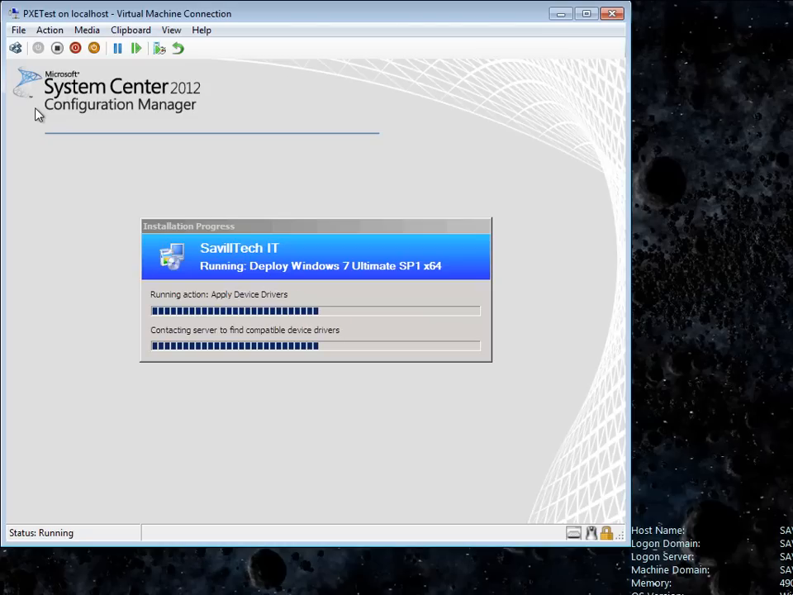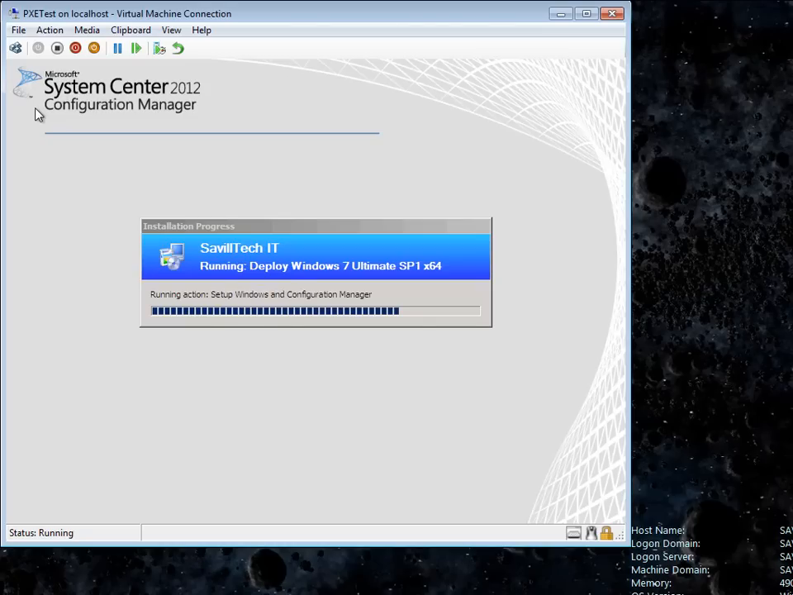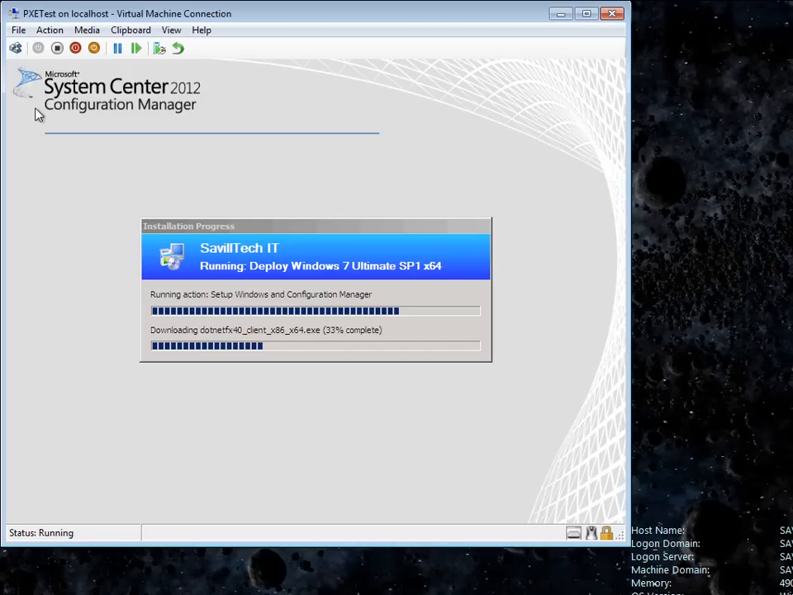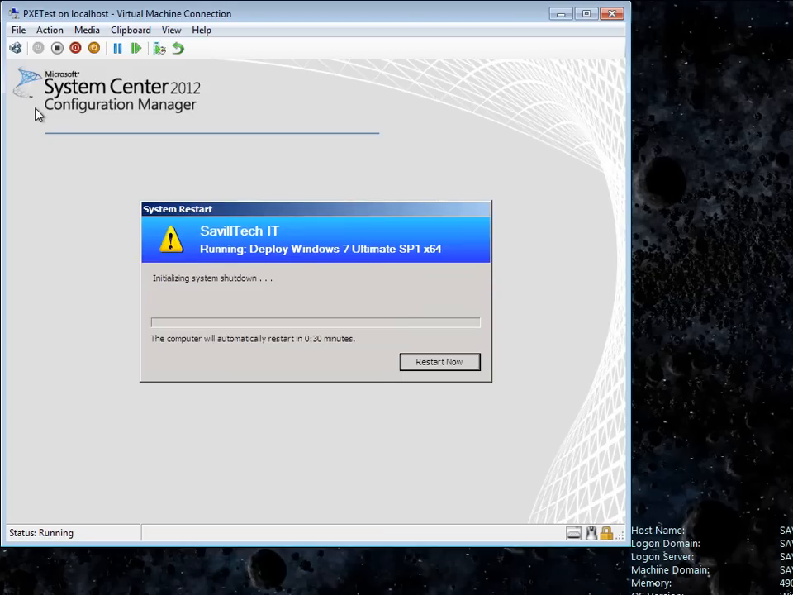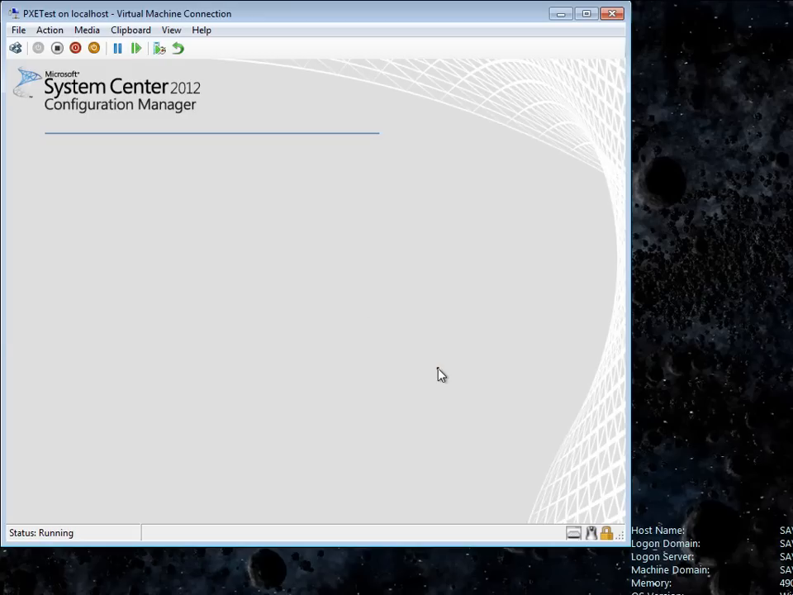Now it's doing a search for network device driver library that I could have imported in. Again, checking the configuration manager client, any requirements it's going to install automatically. It's making it part of my SCCM site. It joined the domain. That's going to shut down. When it boots up,